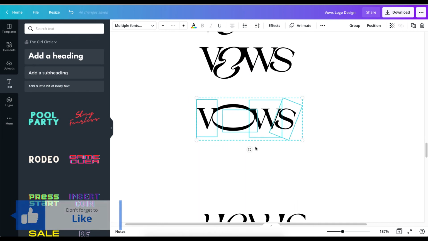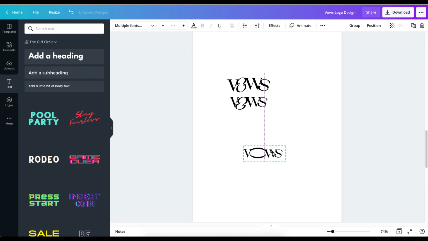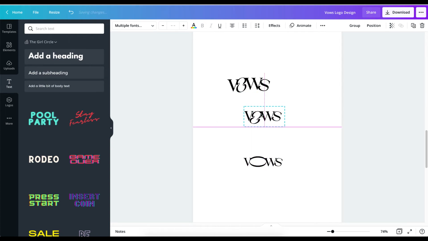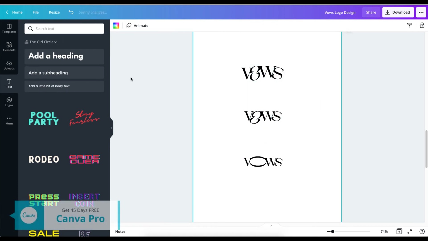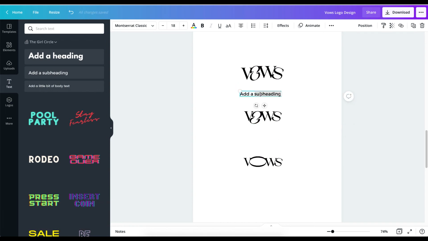So we've got three different concepts here. I'm going to delete this one. I'm also going to delete this one. So right now we've got three concepts right here, and you can share this with your clients to say, hey, you know what, this is what we have actually come up with. So right now I'm just going to go back, get another text from here. This one is going to be,